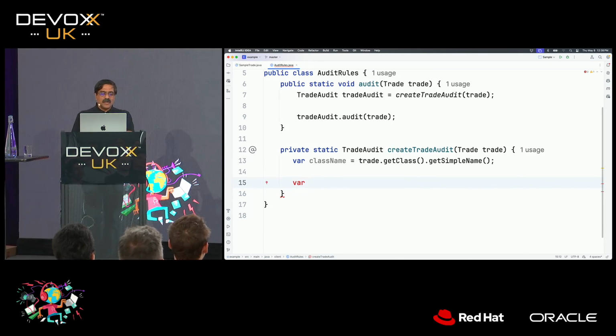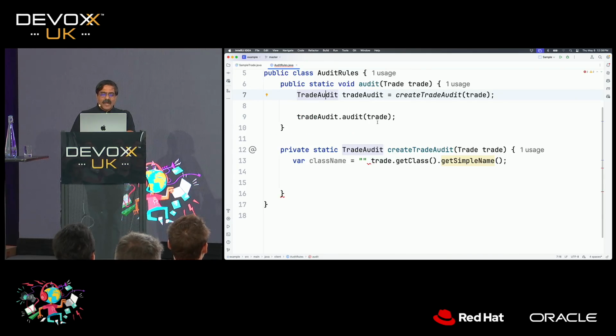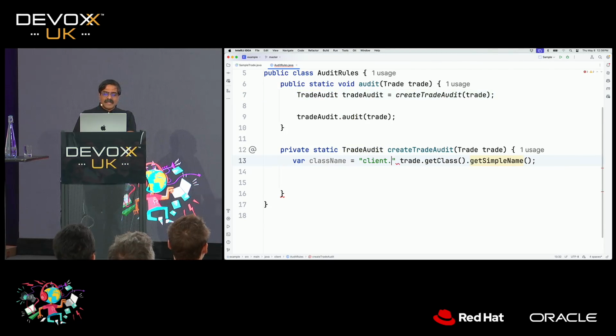Then what are we going to do? We want to really get the full class name, and maybe a convention we decide to follow here. In this particular case, they're all part of the client package. So I could put in here client dot, and then we could get the name. Then, this is a class, right?